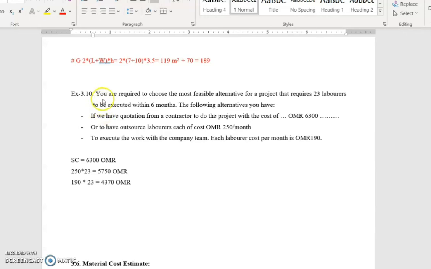You are required to choose the most feasible alternative for a project that requires 23 laborers to be executed within 6 months. You have the following alternatives: a quotation from a contractor to do the project with the cost of 6,300 Omani riyals, or to have outsourced laborers, each of cost